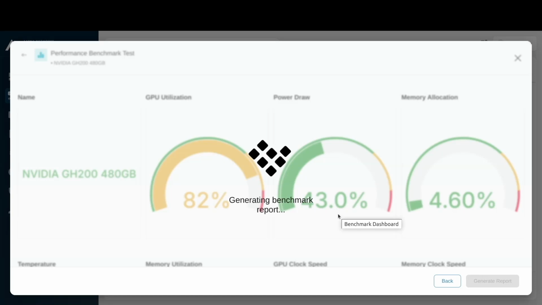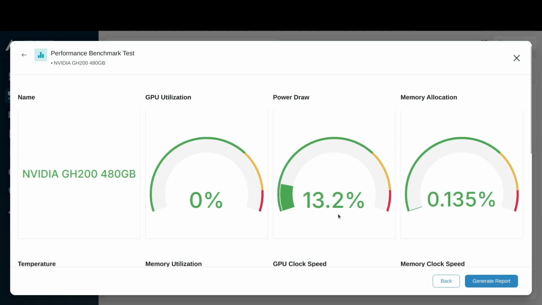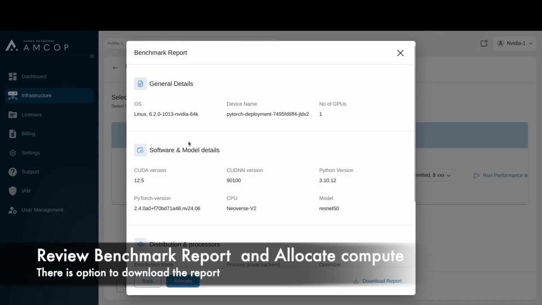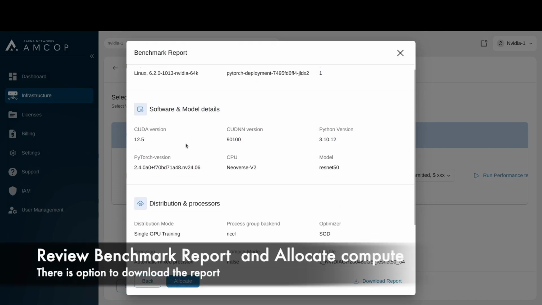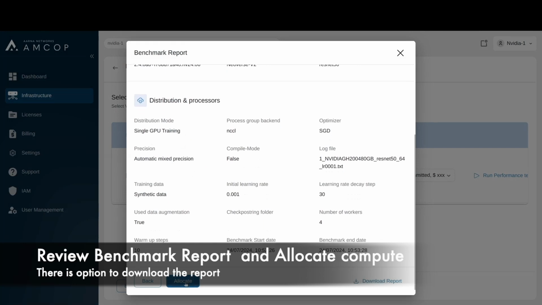Once the performance tests get executed, we also have an option to download the performance results, and the user can validate that, and once he's fine with that, he can go and allocate the compute. So in this screen you can see both the options, downloading the report and allocating. So we'll just go to allocate. So the user is fine and he's going to